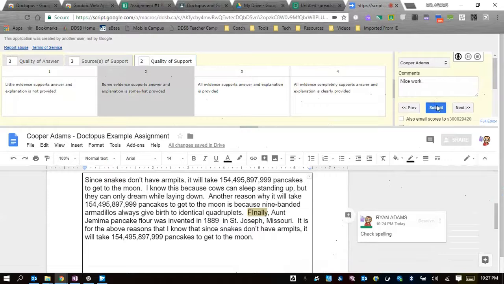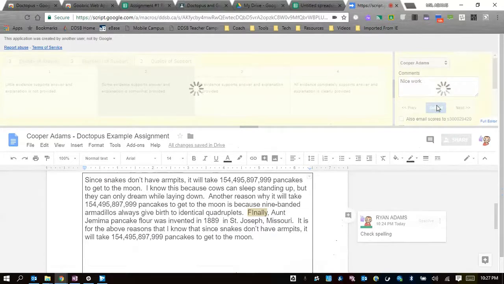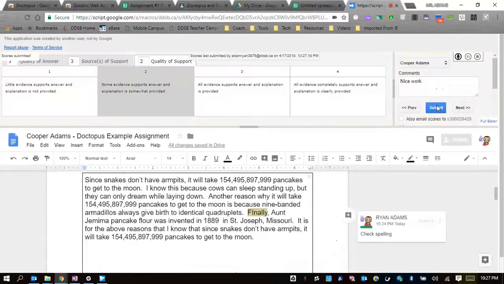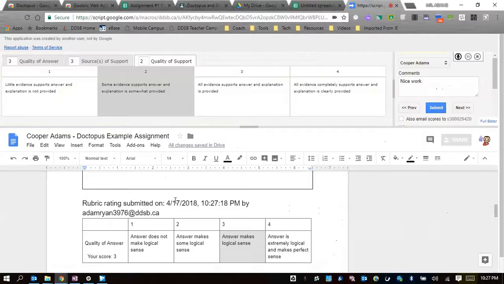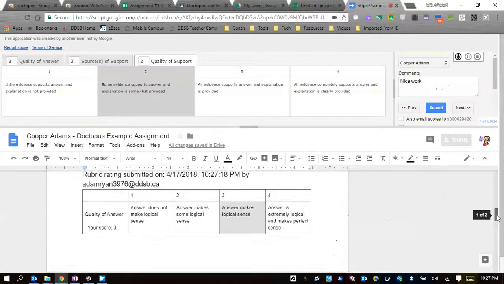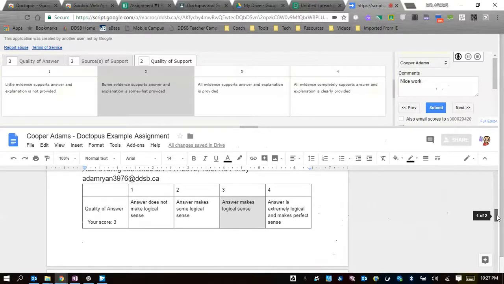So when I click submit, what happens is it takes that interactive rubric that I just clicked and filled in, and it actually pastes it onto the bottom of my student's assignment. So underneath wherever they finished their writing in that assignment, it then adds this rubric rating. It says when it was marked, the date and the time. It says who marked it using our usernames, and then it gives